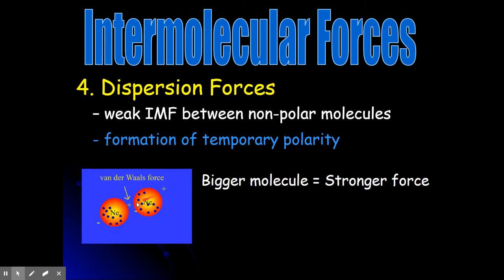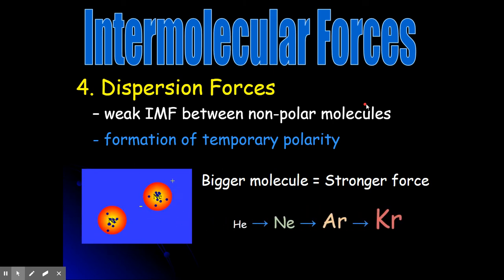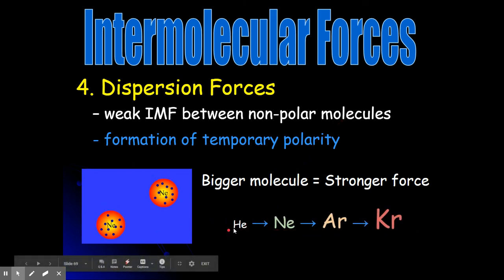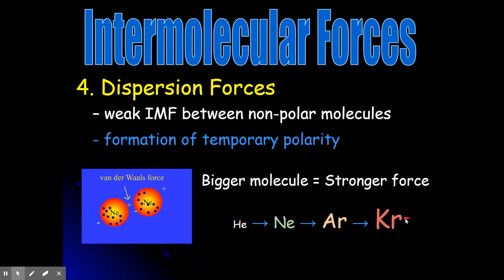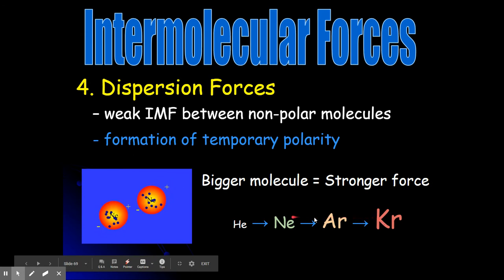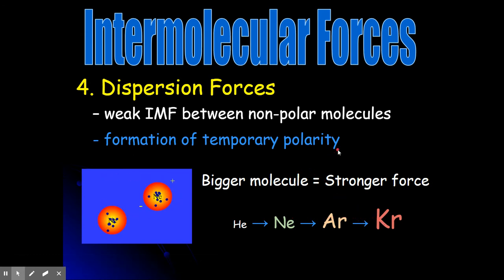The bigger the molecule, the more electrons are going to shift to one side or the other. So you can start out with your group 18 elements, helium being the smallest, and move up until we stop at krypton. Krypton is going to have the strongest dispersion force, just because it has more electrons that can shift. Okay. So that wraps up